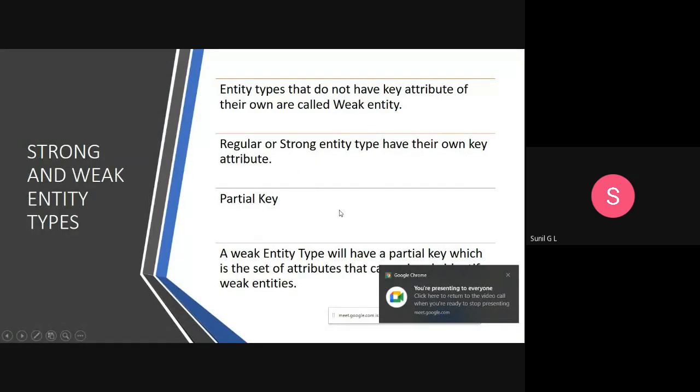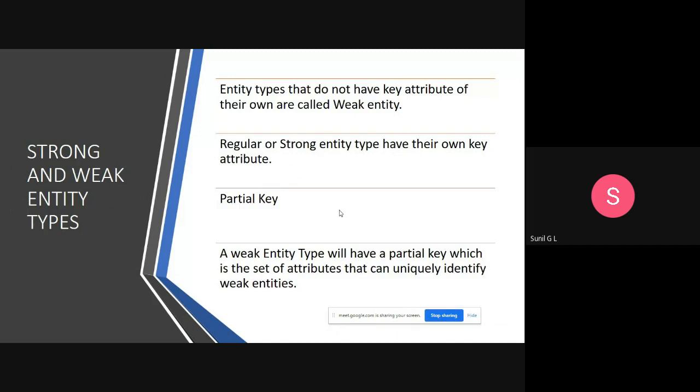Good morning, students. Today we will discuss the concept of strong entity and weak entity types. What do you mean by strong entity and what do you mean by weak entity? An entity which has its own key, we will call a strong entity. An entity type which does not have a key attribute of its own, we will call a